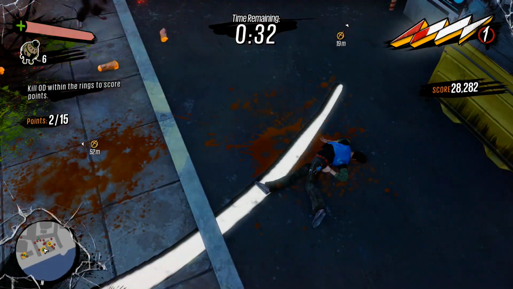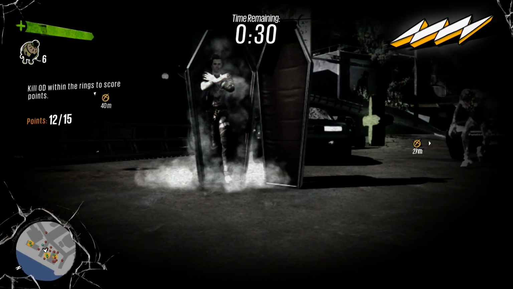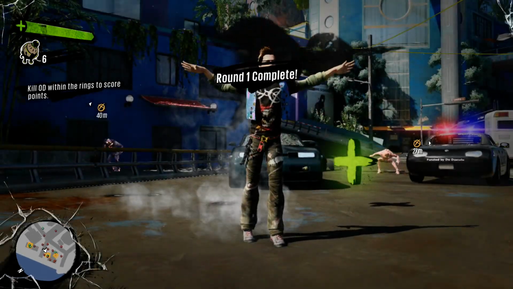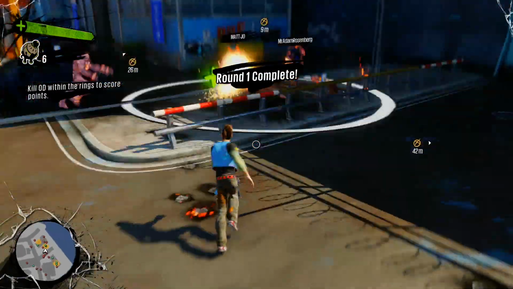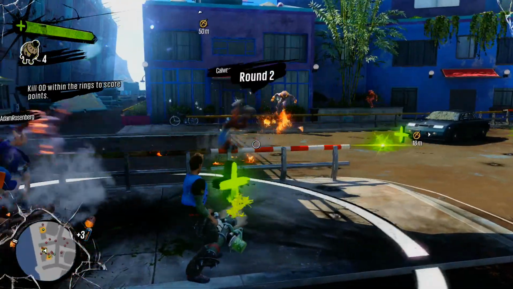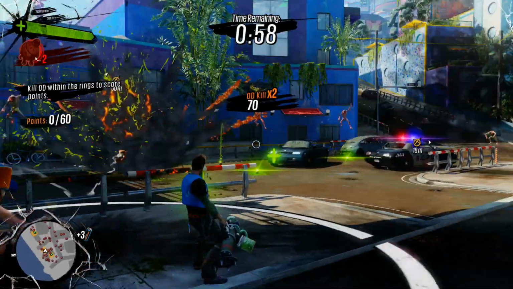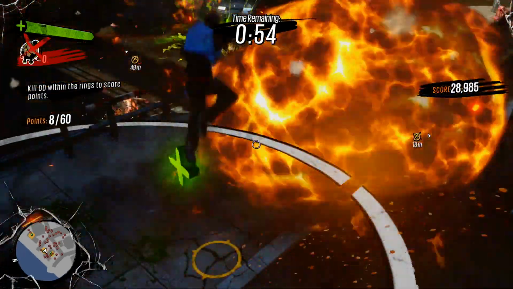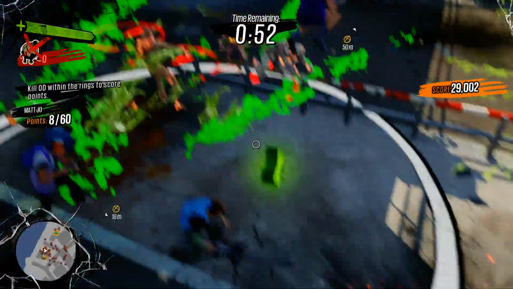What you want to do is kill OD while the OD is in the ring with you, and you also want to be in the ring with them in order to get as many points as possible. This kind of mini game has 3 total rounds in which you need to get a certain amount of points within the time limit. If you are successful,